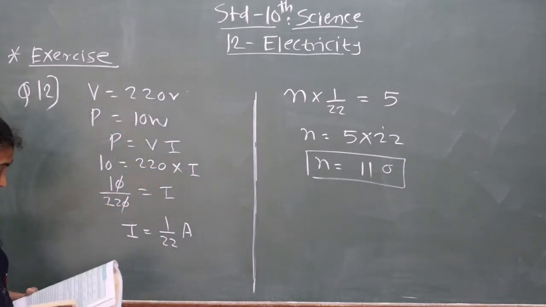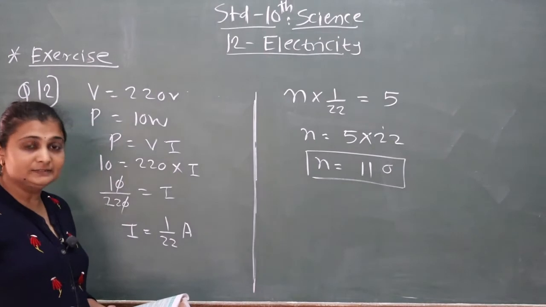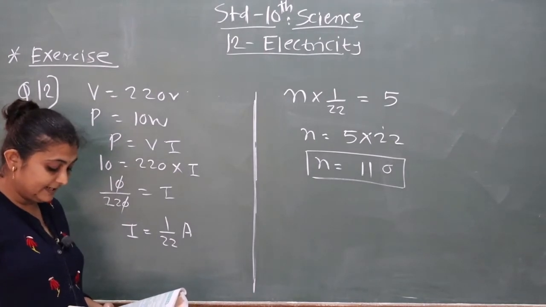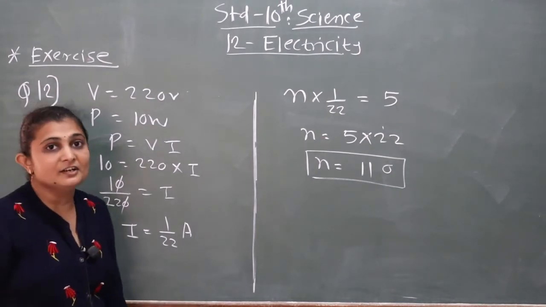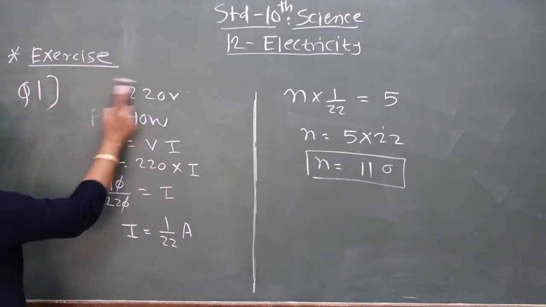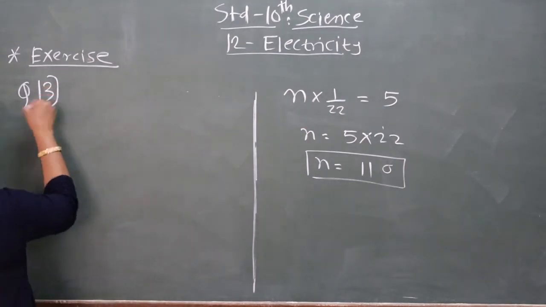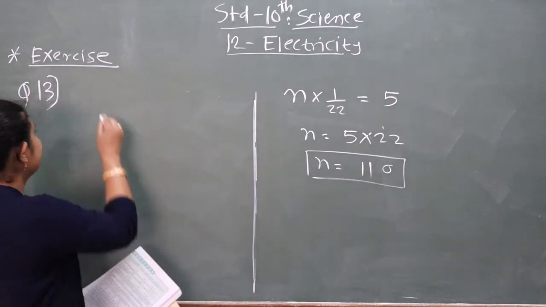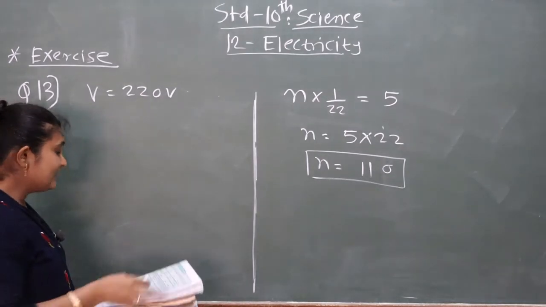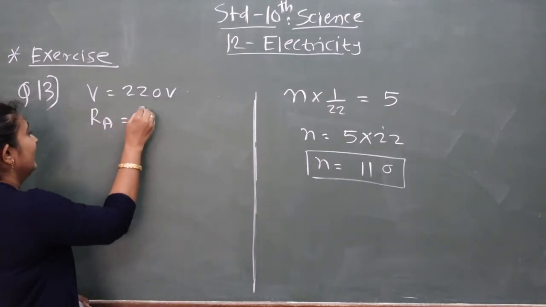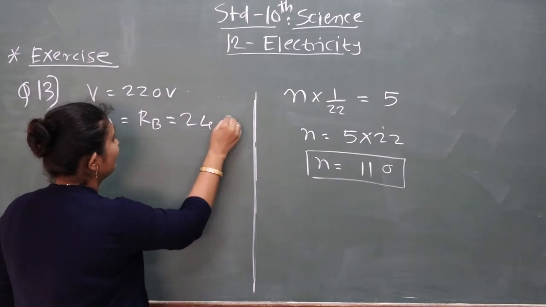Question number 13. A hot plate of an electric oven connected to a 220 volt line has two resistance coils A and B, each of 24 ohm resistance. First we write the given things. For question number 13, V is equal to 220 volt. Two coils are there. A coil and B coil have the same resistance, that is 24 ohm,